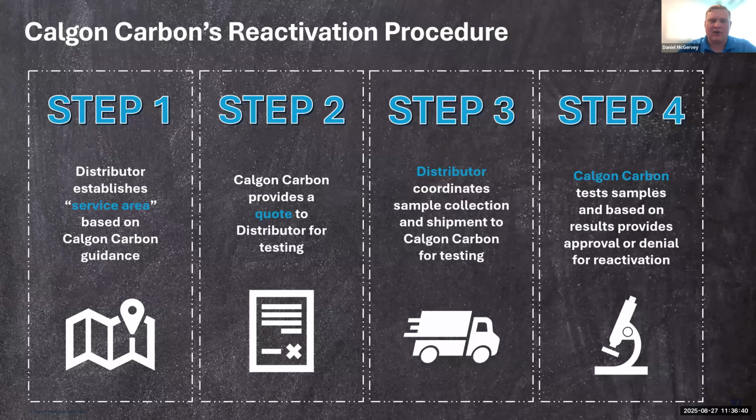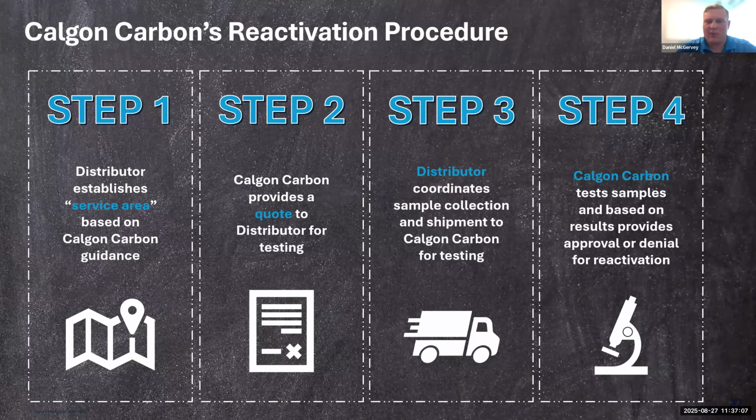So, if they see a few customers here that all have point of entry systems, specifically with granular activated carbon that are being used for PFAS, we can look at that, establish that area, and then provide a quote to the distributor for testing of those different sites, collect samples. The distributor can coordinate that sample collection so we can test the samples, and based on the results provided, approve